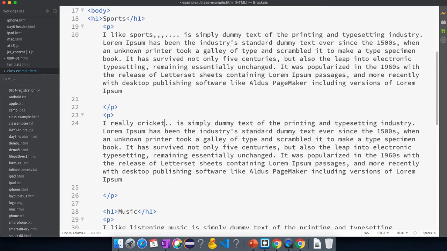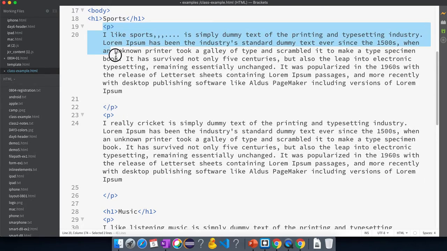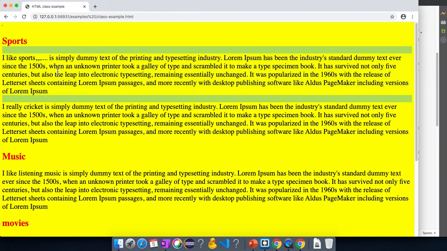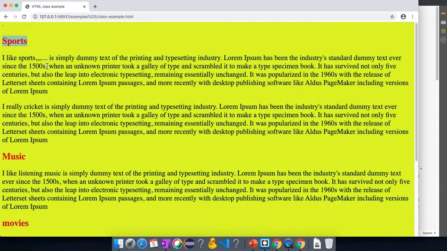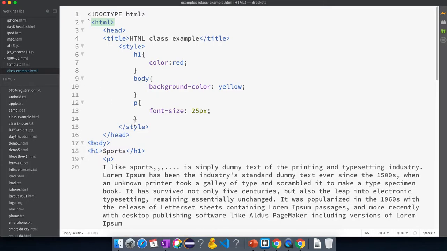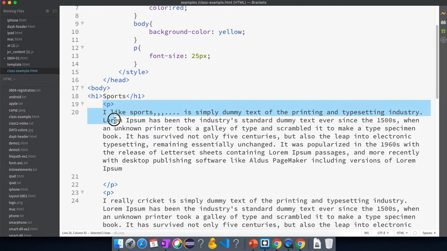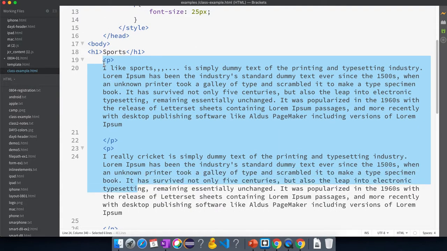For now I am just showing you 2 paragraphs, but related to sports in a web page we may have n number of paragraphs.